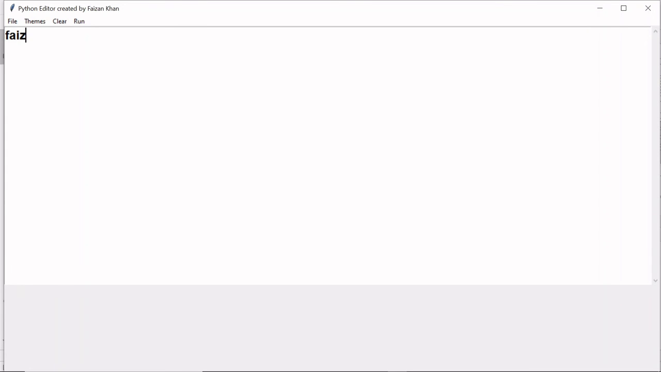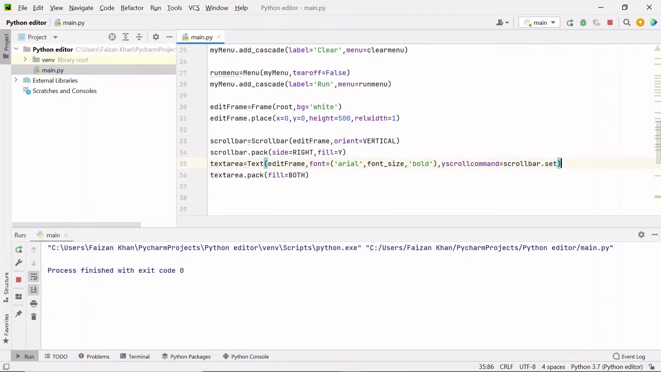Like if I write my name and move this name down like this, this scroll bar is set with this text area, but if I move this scroll bar up, you can see this text area is not going up, right? What we want is that when I scroll up this scroll bar, I want to see the upper part of this text area. So in order to do that, what we have to do